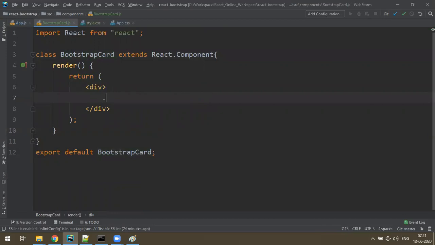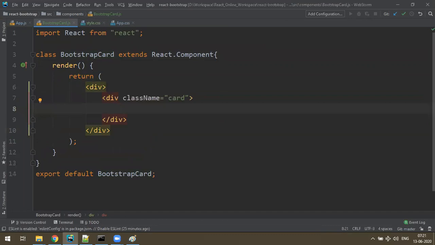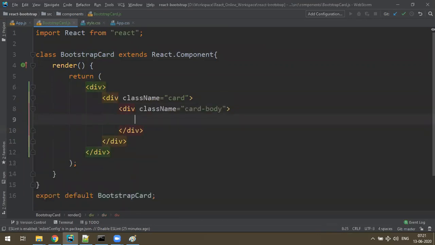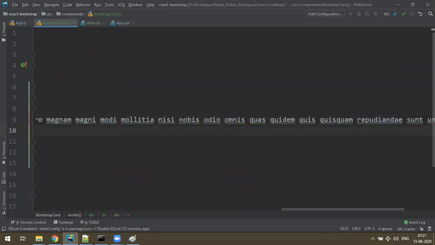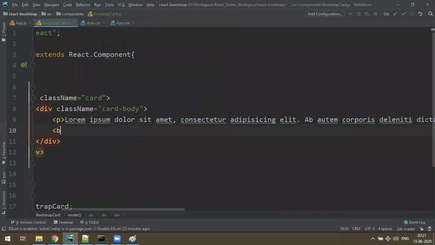So what I do, I'll make dot card. Okay, that's a bootstrap class, and card body. So here I write some heading H3, or else let's make some nice paragraph. Just say lorem 40 tab. Okay, and just make some simple button.